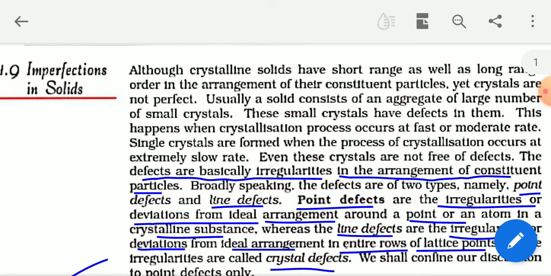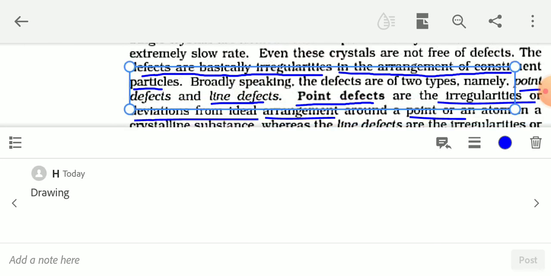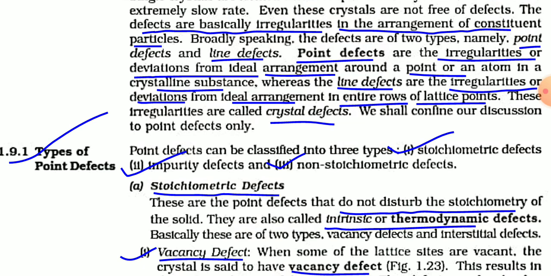Okay, so first, what is defect? First question, what is defect? The defects are basically irregularities in the arrangement of constituent particles, and defects are two types. One is point defects, another is line defect. First, point defect. Point defect means irregularities in the arrangement of particles. Point means particles. Okay, so point defects are the irregularities